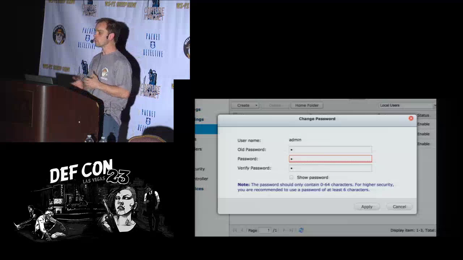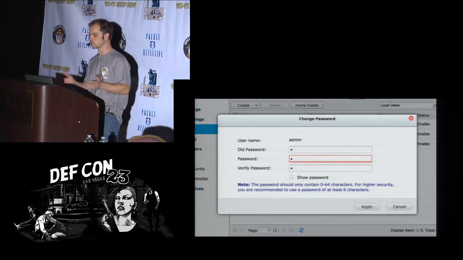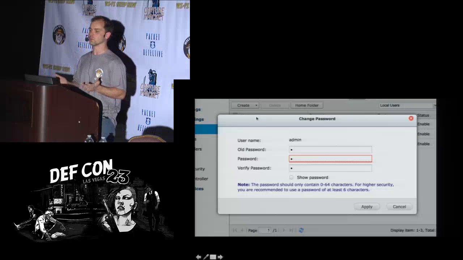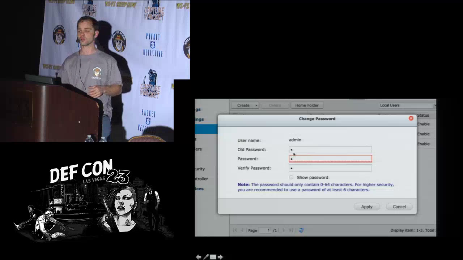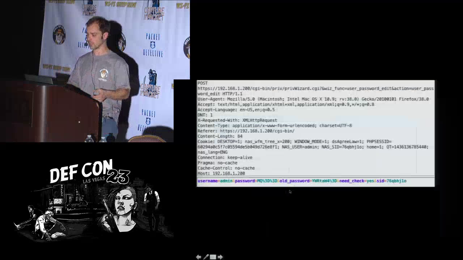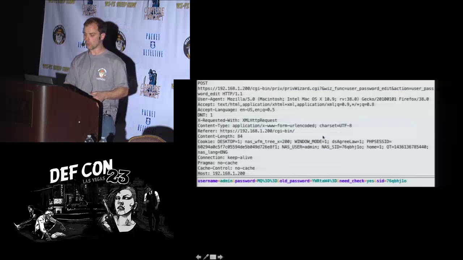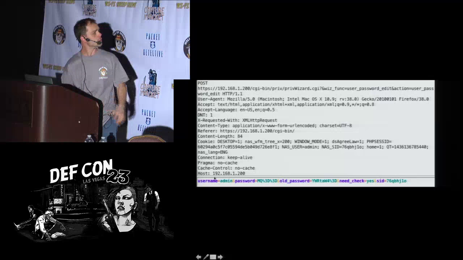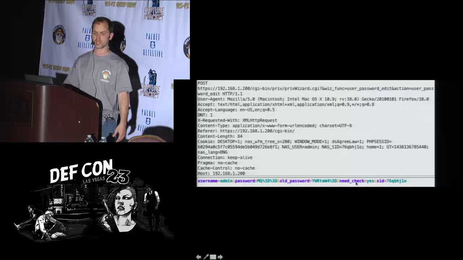So one of the ways I thought of is, what happens if I could hijack the administrator account? That's a potential way. So I looked at the administrator account, to see if I can get to the password. A typical change of password on the system: you enter the old password, enter the new password twice for verification, and it goes through. Looking at the POST data, as we can see here: username admin, the password, the new password, the old password, and this value popped out at me: needs check equal yes.